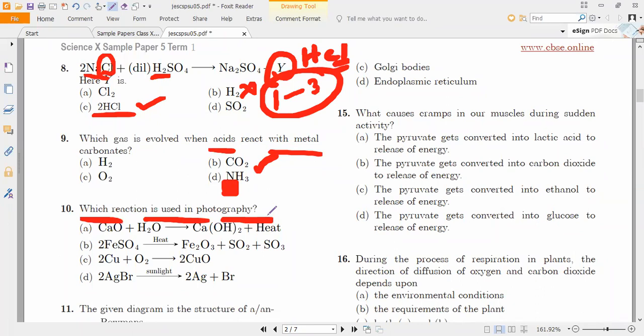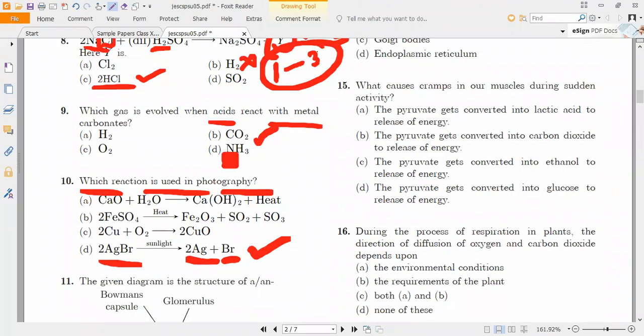Photography reaction, so you can understand, photolytic reaction. Option D. It is silver decomposition: silver chloride, silver bromide and silver iodide in sunlight. Silver bromide will give silver and bromine. Three equations I have taught you, correct? So formation of silver and bromine. Option D is correct. So carefully analyze how to answer.